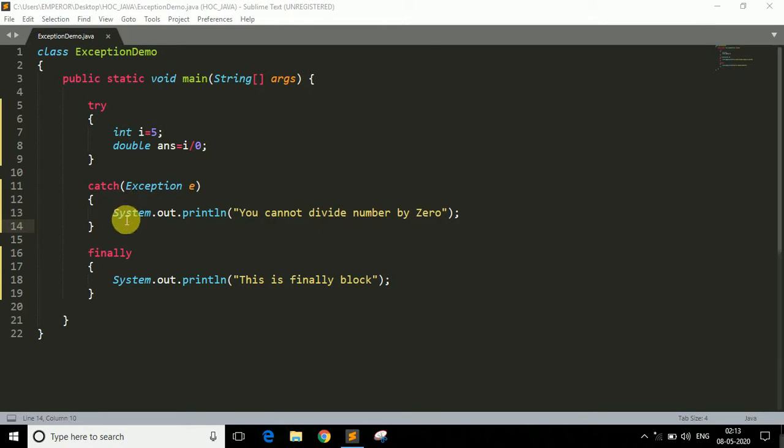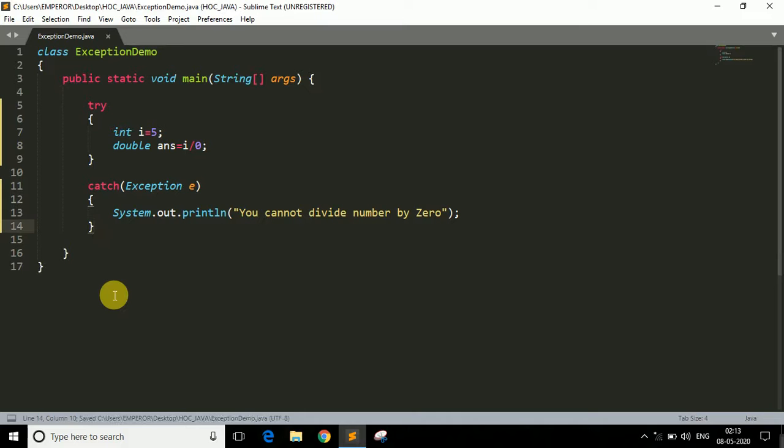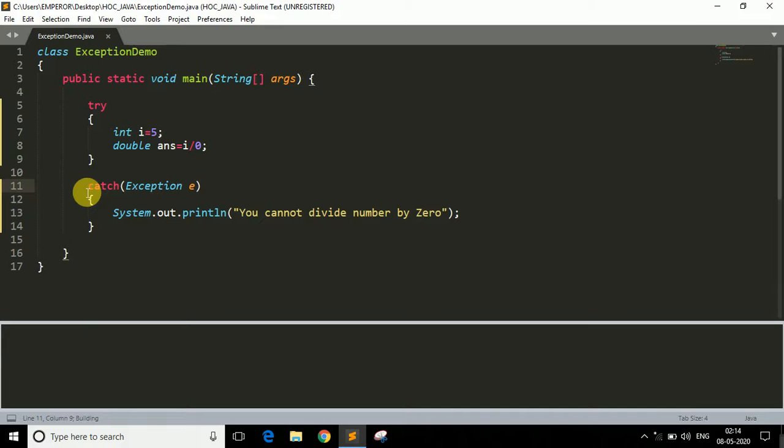Okay, so let's begin. First of all, as you can see, this is the example from our previous video, and this program throws an arithmetic exception because we are trying to divide a number by 0. So for now let's remove this finally block, because we are focused on the catch blocks. If I run the program quickly, as you can see, it prints a message that you cannot divide a number by 0 because it throws an arithmetic exception.